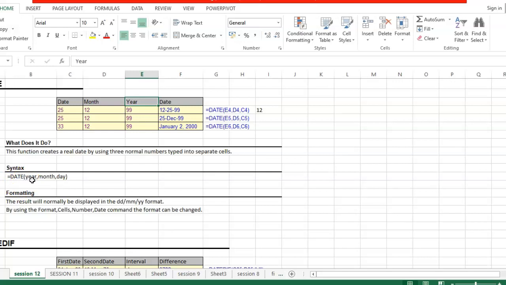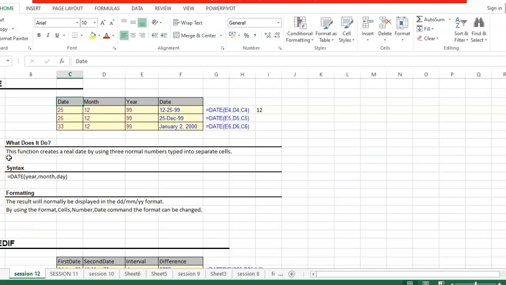You need to cover the cell reference where you have year details, comma, cell reference where you have month details, comma, cell reference where you have date details. In Excel, the formula says day, but I have given here as date. Now, in continuation, let us understand this with the help of the tool.